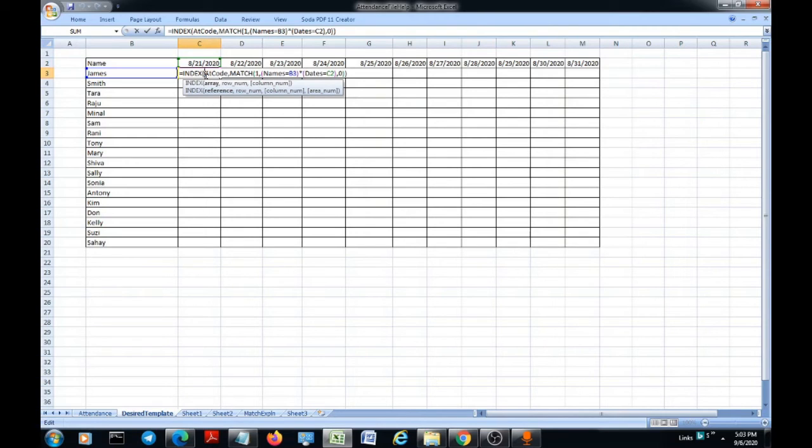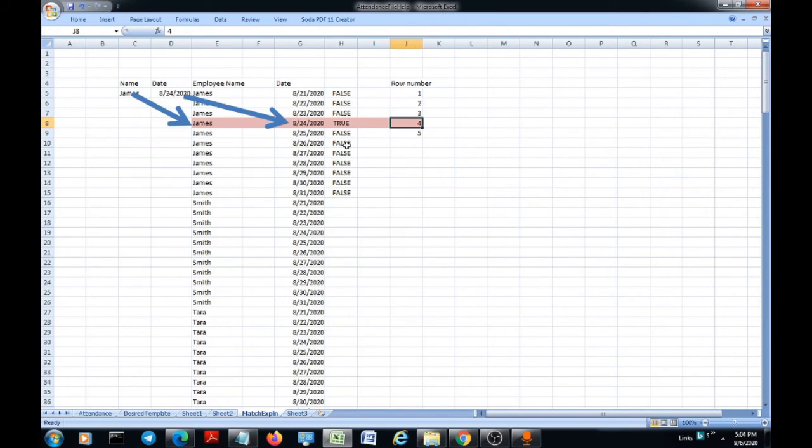James attendance on 24th. That is the 24th here. Let's say a different thing, but here I have 21 here. So for 21 this would be cell value 1. So this basically does these two things. It checks for two conditions to be true. One, is the name James? Is the date 21? What is the cell number?